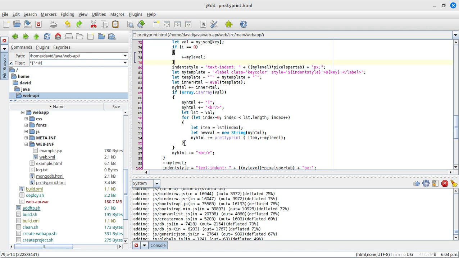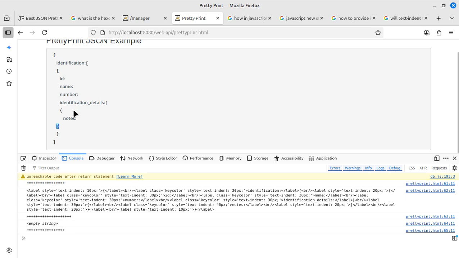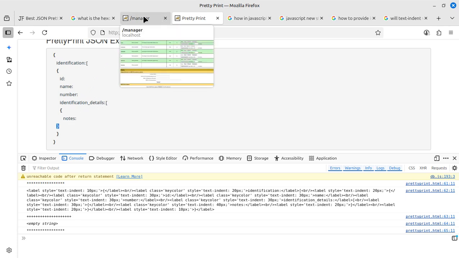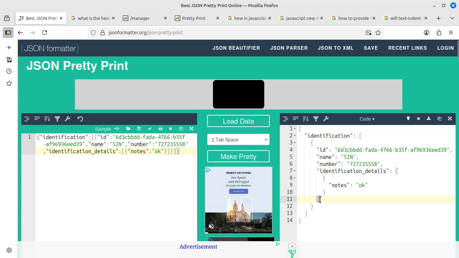Because when you come out of it, oh, maybe the problem's here. When you come out of this, we never close the array. So we haven't considered that. That's the problem. So if I look at this, when we close the array,